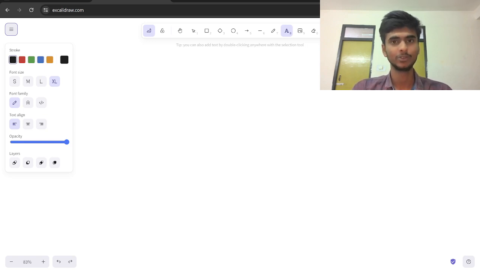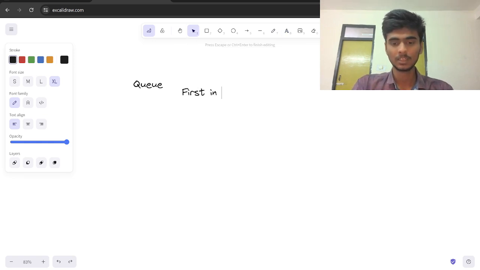Basically, a queue is a linear data structure. We can call it first in, first out. What is first in, first out? Think about going to the movies. You stand in a queue for the ticket, so the person who is first gets the ticket first, and the person standing behind gets the ticket a few minutes later. So if we see it in queues,